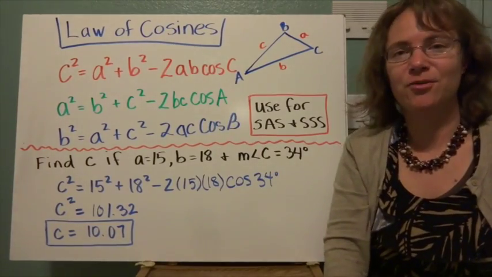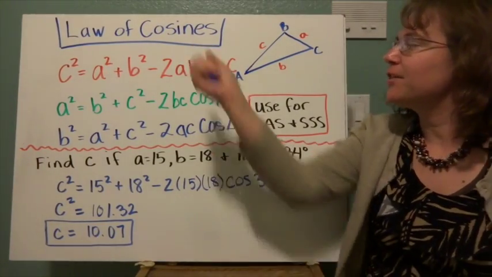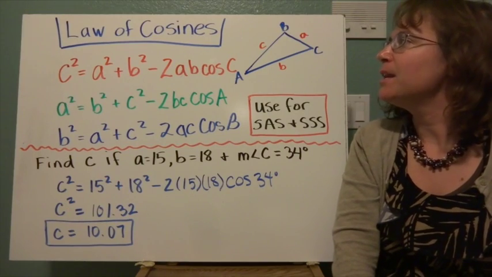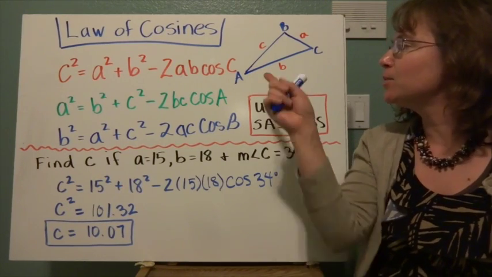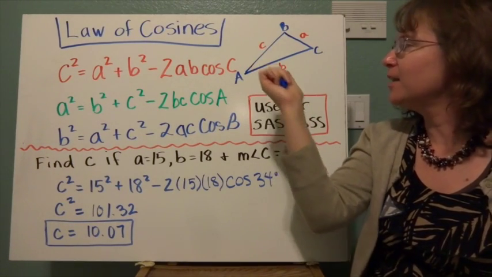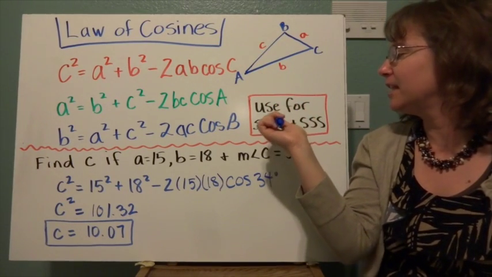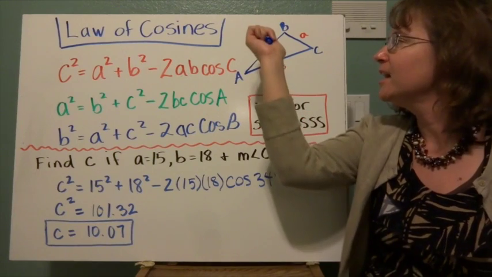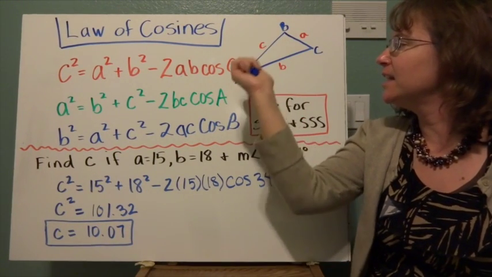Using the law of cosines. Now we already looked at the proof of the law of cosines, but now we can actually use it to help solve our triangles. For example, if we have side angle side and we know a side and an angle and then the other side, like say for example we know C, A,